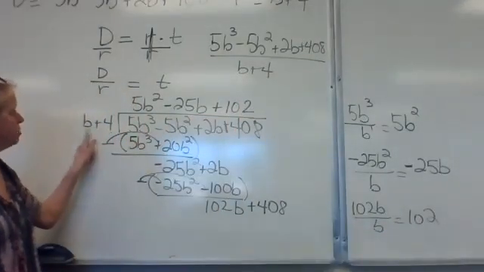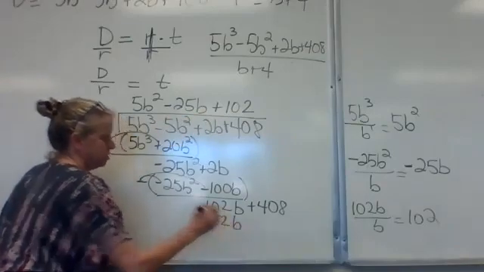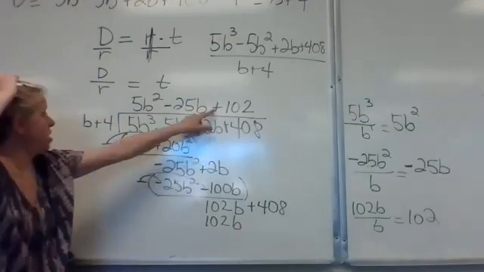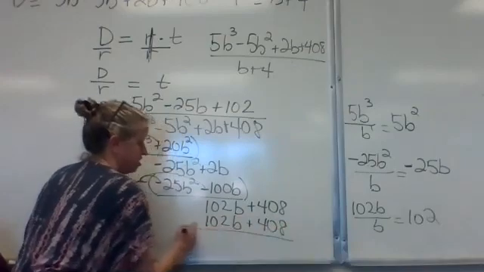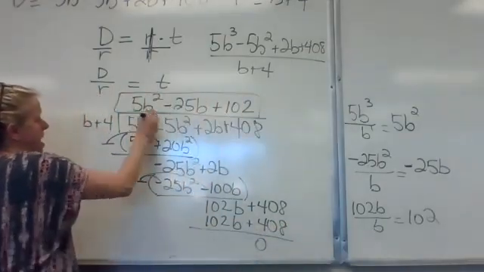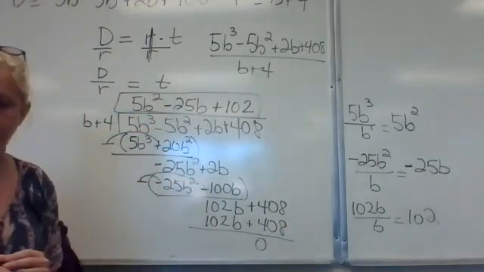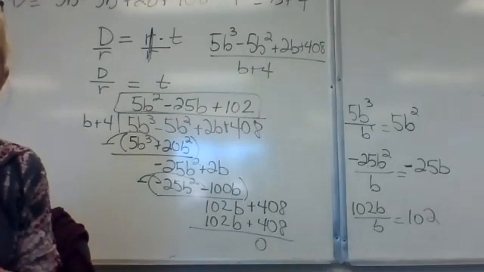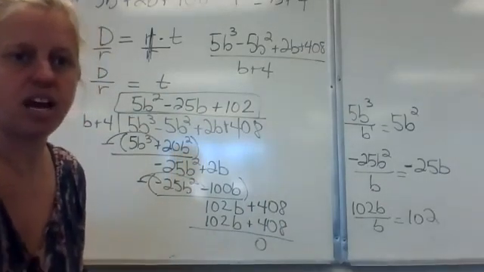Multiply the 102 times both of these. 102 times b gives me 102b. 102 times 4 gives me positive 408. So again, no remainder. So your answer for the time is 5b squared minus 25b plus 102. Okay? All right, I'm going to stop the video and